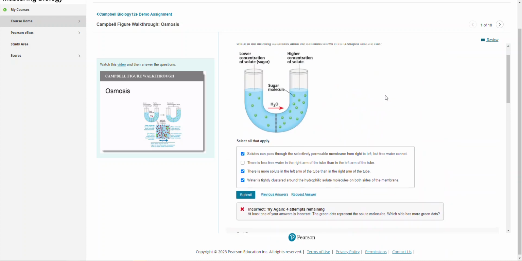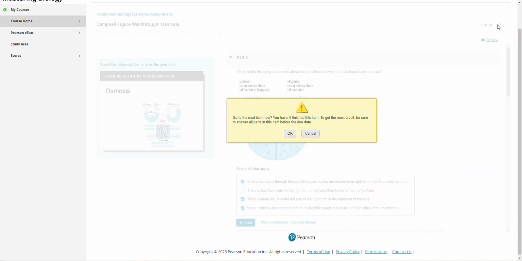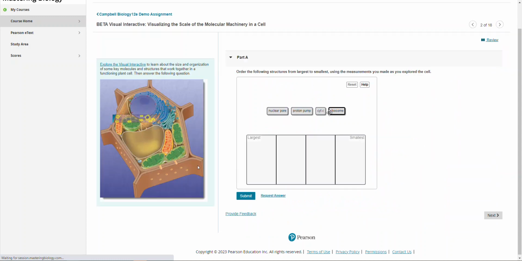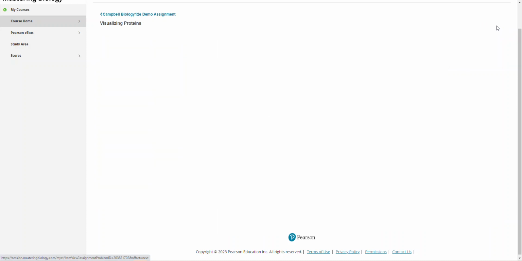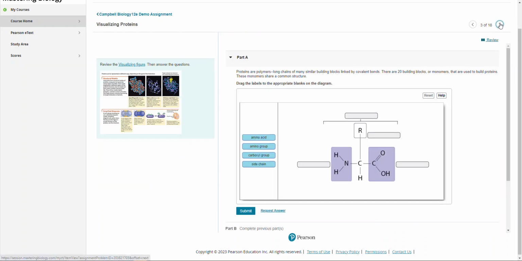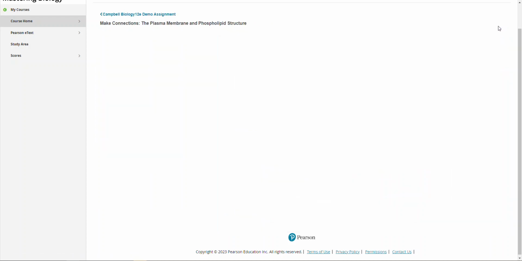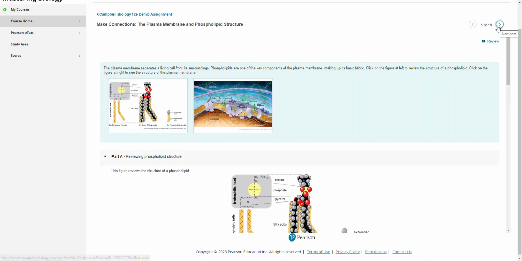So this is just one assignment. I did not prep this ahead of time. This is not some special homework question that has wrong answer feedback. These are all like this. I'll skip through it just so you can get an idea of what sort of homework assignments we have, right? It's not just